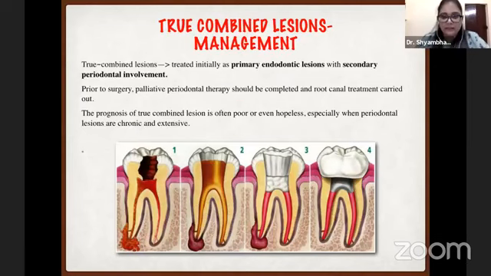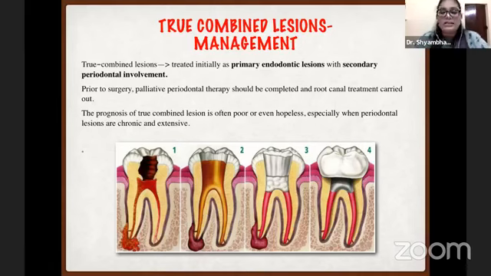So for treatment, primarily endodontic therapy is done, followed by periodontal involvement. Periodontal therapy might be palliative, in the form of root planing, scaling, etc., or it can be surgical therapy, depending upon the healing of the lesion after the endodontic therapy. First, endodontic therapy is done, the lesion is kept under check, and follow-up is done for nearly 3 months. If even after 3 months the healing is not seen or the lesion persists and the patient complains of pain or other symptoms, then periodontal therapy can be taken up,